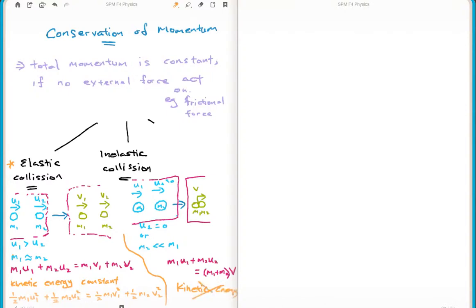It's not constant anymore because you have the effect of loss of heat. Okay, it's not conserved. So this is what you have. Okay, you may pause this video